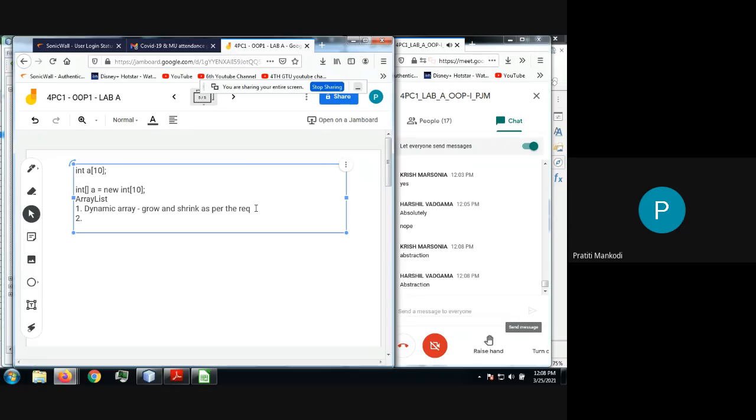Second is you can have a generic array. Now, what about generic array? Say suppose I am declaring a normal array of integer data type. Will this array be able to store a string value? Of course not, because I have created an integer array. This is one of the limitations, or you can say constraints, of using the array, right? But if I use array list, I can create a generic array which is capable of storing multiple types of objects.